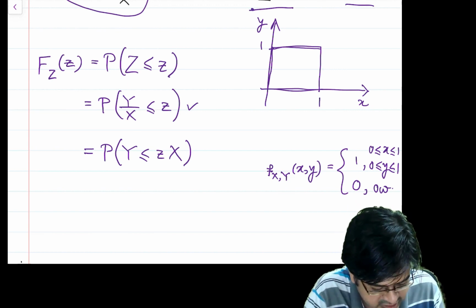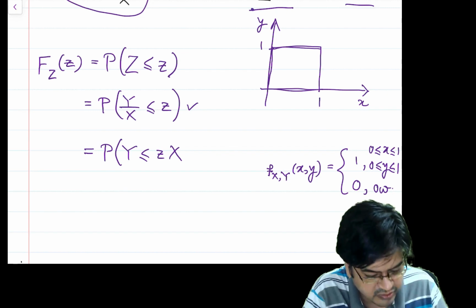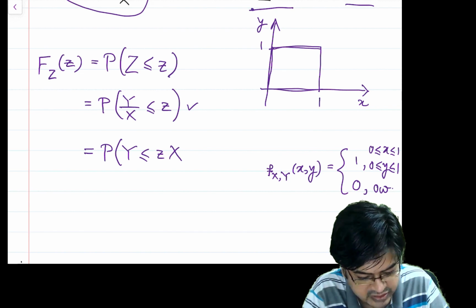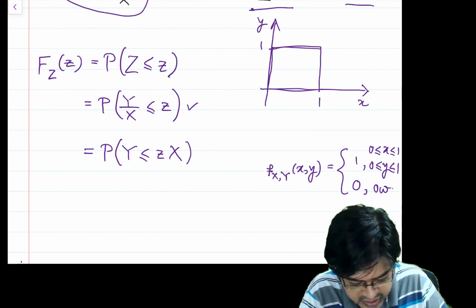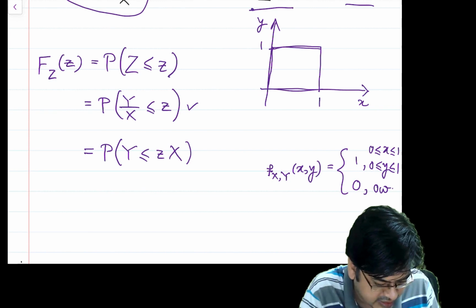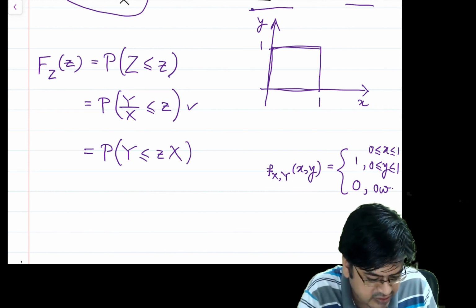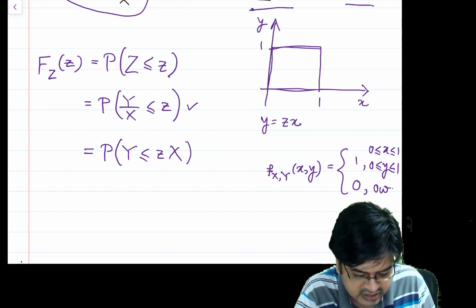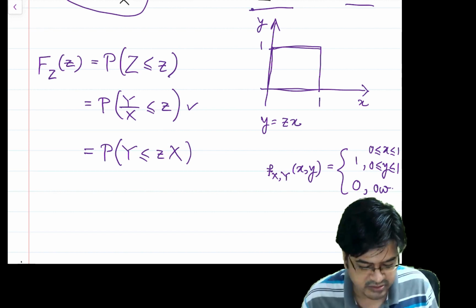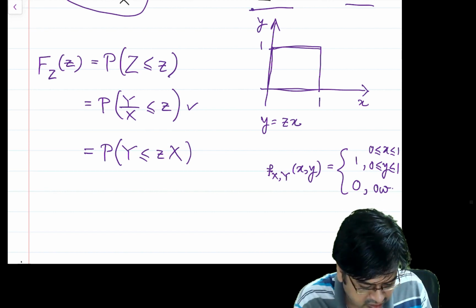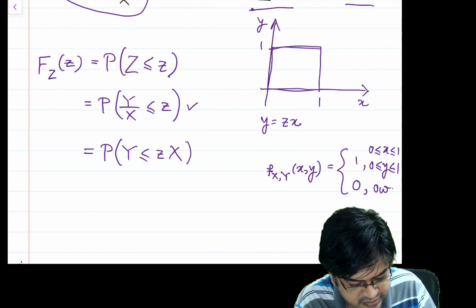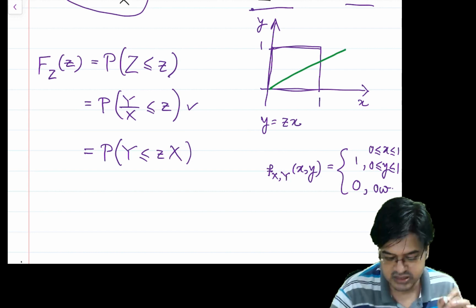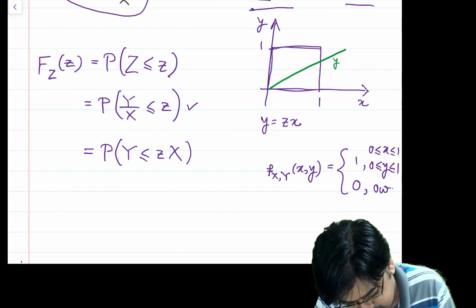So if you are looking at this region, y is less than or equal to zx, then what region you are looking at? Actually, it is simply if you look at this line, y is equal to zx, and z is nothing but a slope of a line, and you can actually consider a line in this manner, which is passing like this. Okay, so this is the line y is equal to zx, let us say.